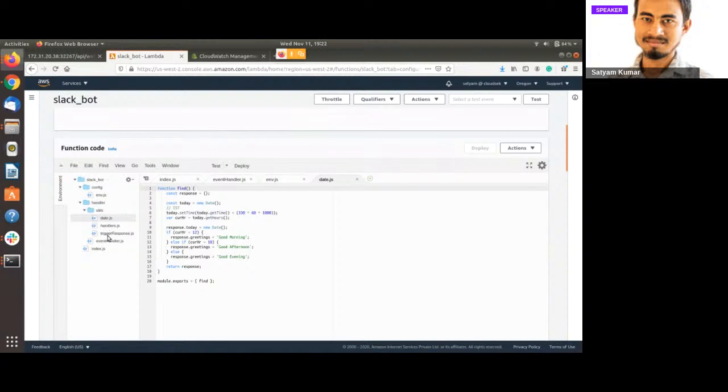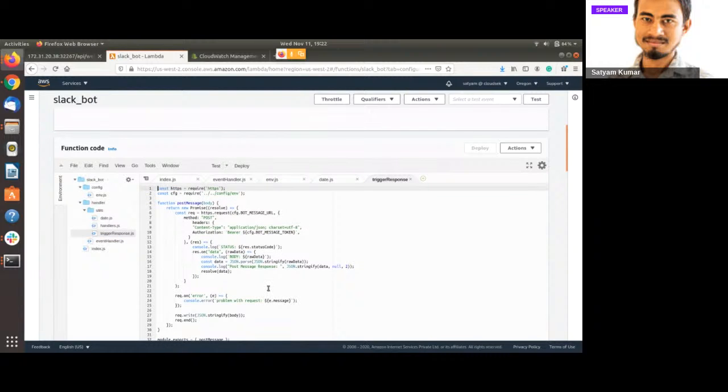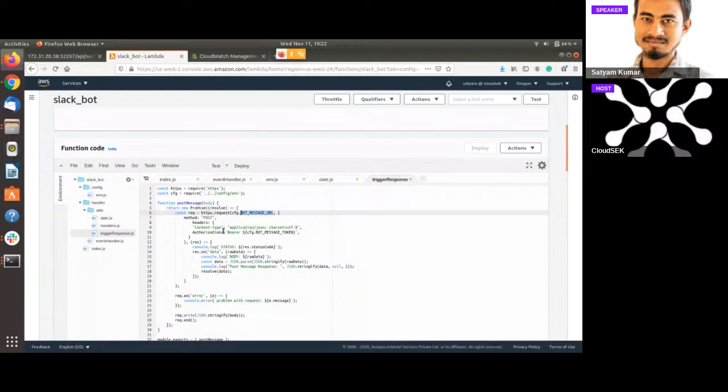I have some more files created here, including a file called trigger-response.js. This file is just creating a POST request to a particular URL, which I am taking from the config file.